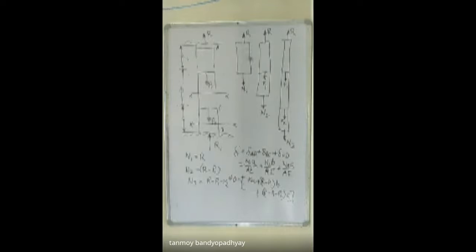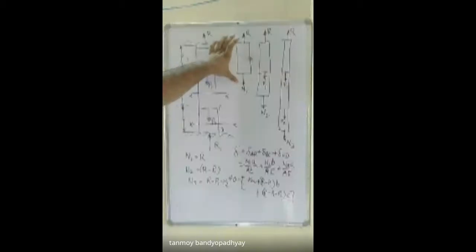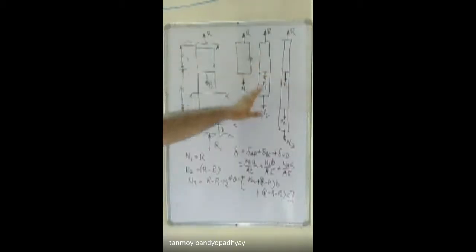So AB, N1 is not for the part AX. It is on the entire part from A to B. You take the cross section anywhere between A to B. Since there is no change in the loading pattern, the entire force on the entire length AB is N1, just before the point B. Once you cross the point B, again this N1 changes to N2. Not before that. So on the entire part AB, just before the point B, the entire force is N1. After that, it is N2.